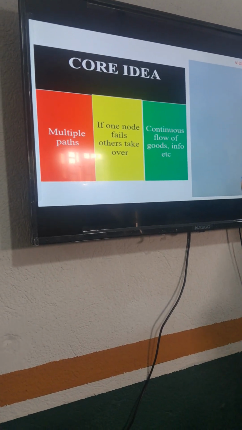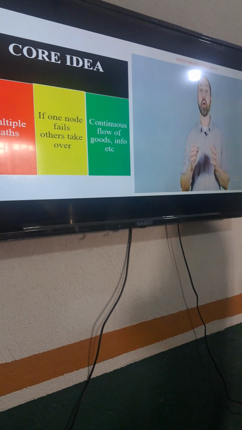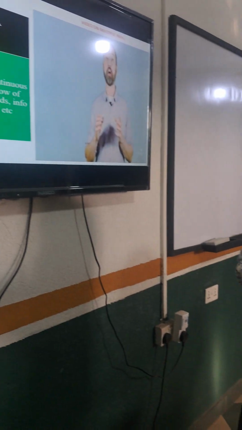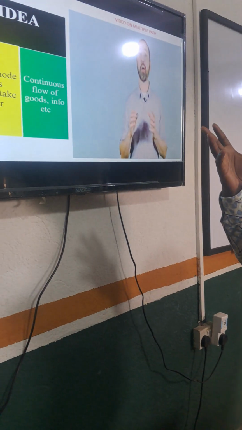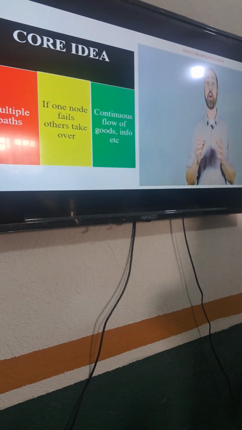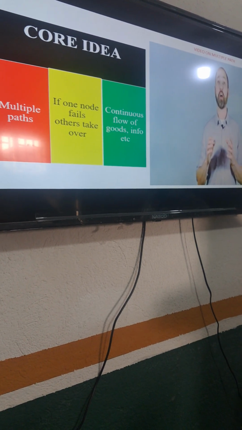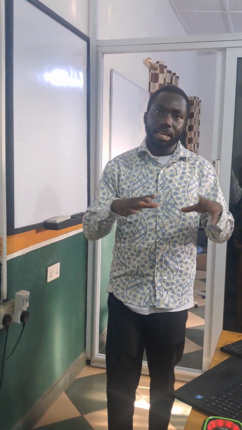So now the core idea of the mesh supply chain is that it has multiple paths. So in the mesh supply chain, as I said, it's a web-like structure that has multiple paths. So if one chain breaks, the other must take over. As I said, the resilient aspect of it makes it robust, and the continuity of it leads to the continuity of the supply chain. So as is being stated over here, they have multiple paths, and if one supply chain is broken, the other takes on, leading to what? The continuity or the flow of the process.